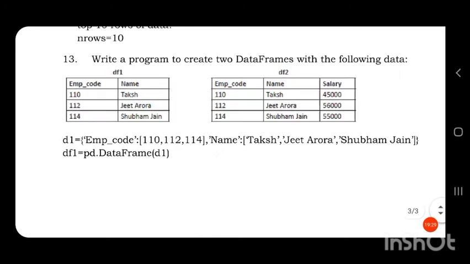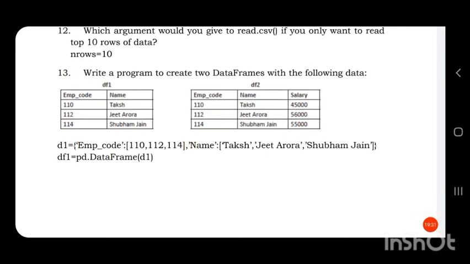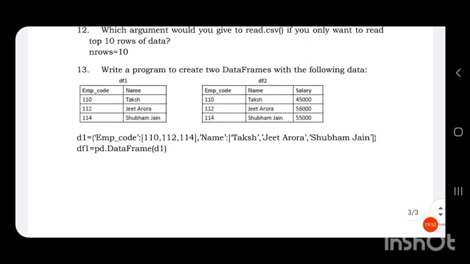So we can create a dictionary d1 is equal to emp underscore code, which is the column name, colon, the values in that particular column in square brackets, comma, name, which is the next column heading, colon, in square brackets the values in that particular column.